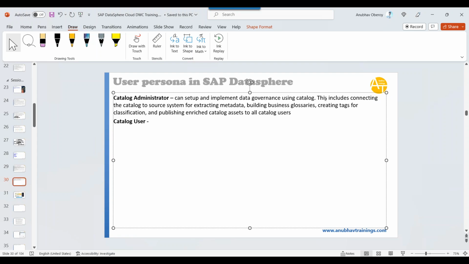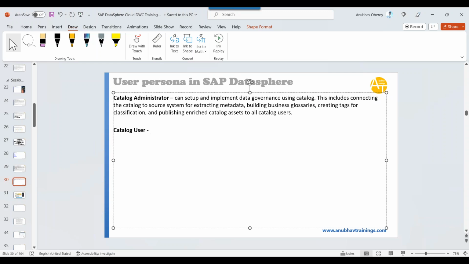Remember, we would want to search for content which is already built by another colleague in our company. Yes. So that is what a catalog administrator does. They will classify and publish the content to the catalog, so all the catalog users can start using it, downloading it or reusing this content. Yes. So you must use this particular role along with other roles like DW viewer and DW modeler. The DW modeler and DW viewer roles must be assigned to the same person so that they can view and use the content, modify the business information inside the content